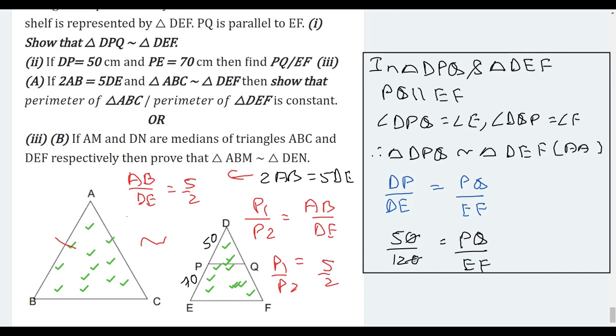And this is what we have to do in the third part, right? Which is a constant, 5 by 2. You may write 2.5, but it's again a constant. Okay, we have one more part, that is the OR part here. So what we have to see in the OR part,